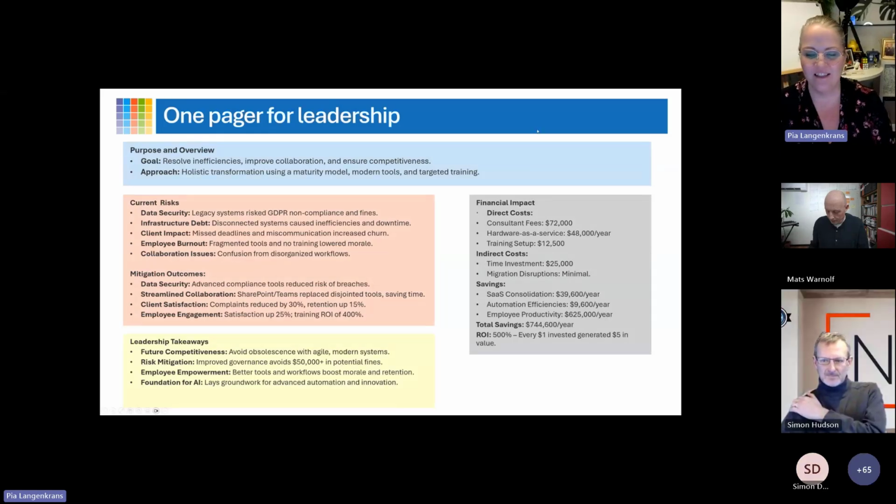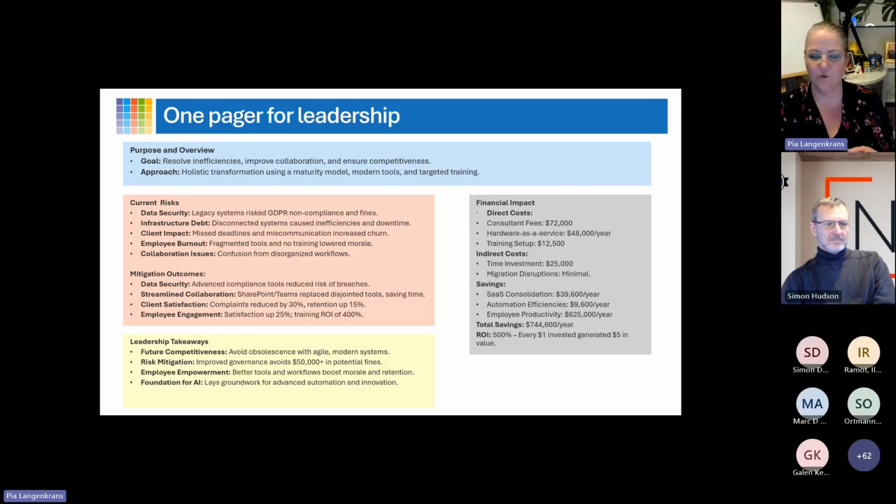So, this is a slide that works perfectly for management. And I have to say this, that if you want management and leadership to listen, you can't send them long emails. You can't send them long Word documents. They do everything in PowerPoint. So even though this is an atrocious slide for a PowerPoint slide, this is how they like to see things.